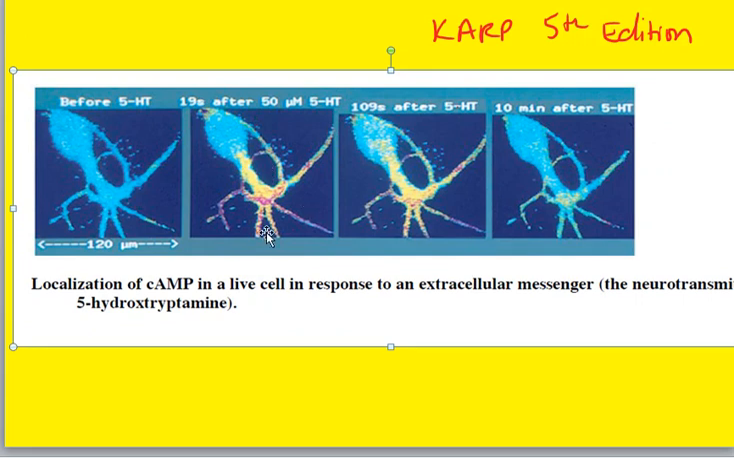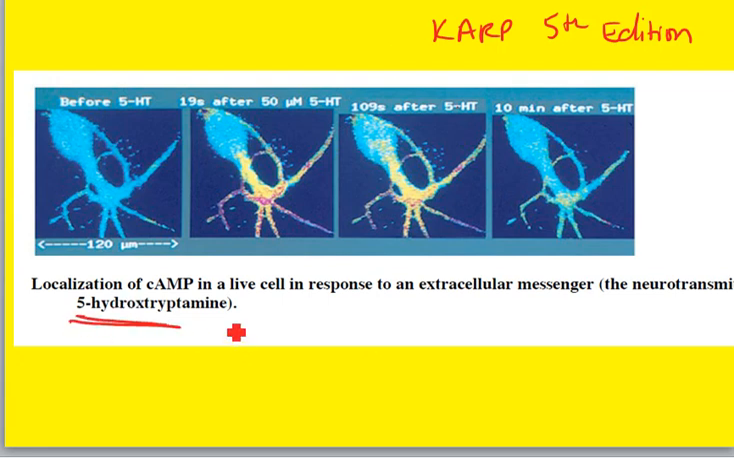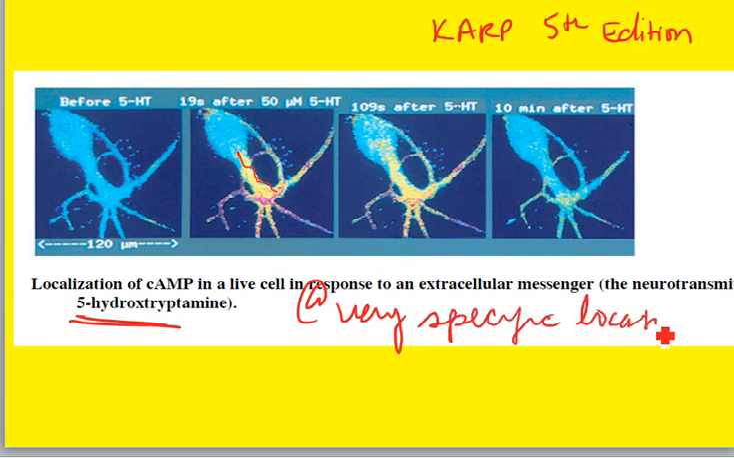So what it says here is localization of cyclic AMP in a live cell in response to an extracellular messenger, the neurotransmitter 5-hydroxytryptamine. So that is another ligand that it can respond to. Before 5-HT was added, this is what it looks like, but as soon as it was added, this yellow stuff here is all cyclic AMP. See how it is produced as a result of the neurotransmitter binding, and it is found at very, very specific locations. It's not everywhere, at very specific locations. Okay, so that's the whole point of this picture, and in the next video we'll continue on with something else,